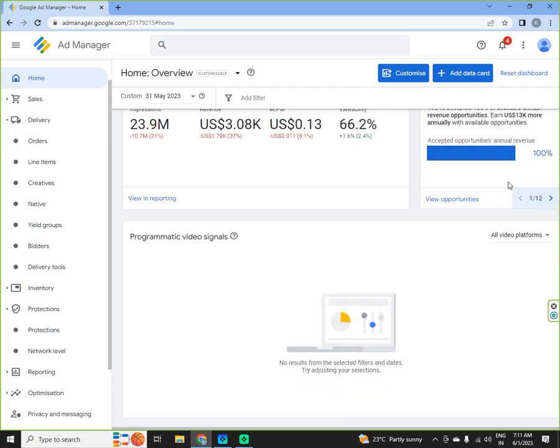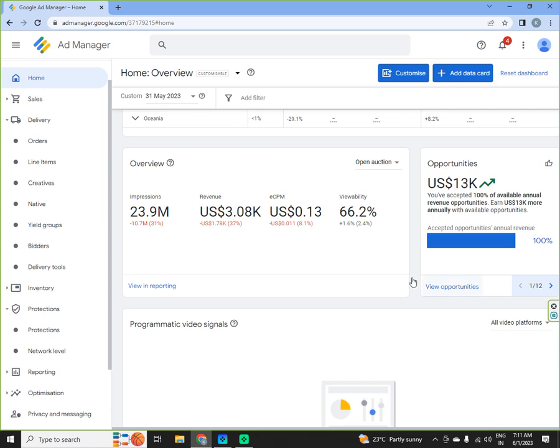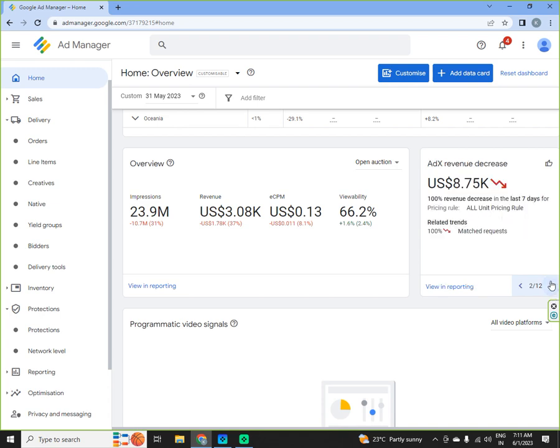And this is the opportunities segment, where you can see how many opportunities you have implemented and how this is working. Currently 100% of the available opportunities have been implemented by the publisher. It shows you where, in which segments, you have lost revenue. Then it will also show where you have increased the revenue, in which ad unit you have increased the revenue. So all this is seen over here,